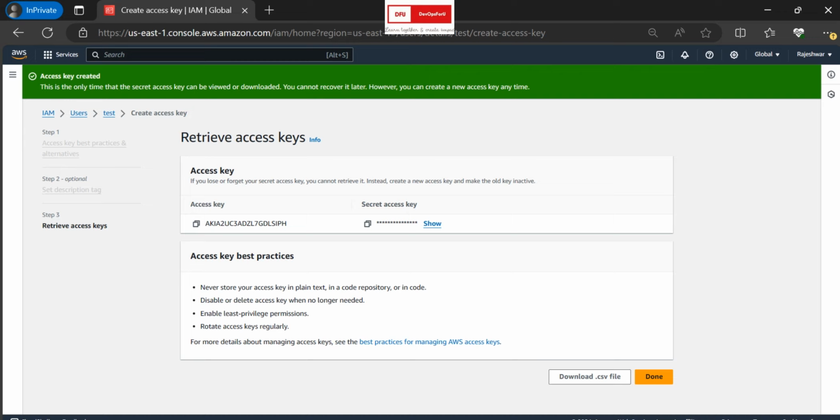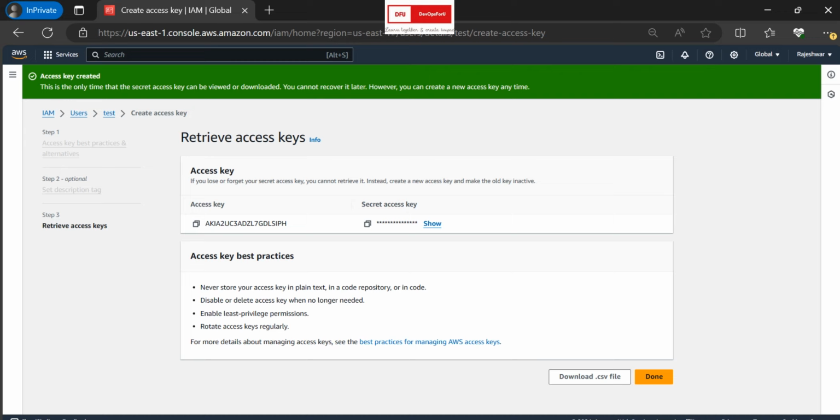We can authenticate only using this access key and secret key with Terraform. If I'm a normal user, I can log in using my username and password, right? But Terraform is going to talk to AWS using this access key and secret key,